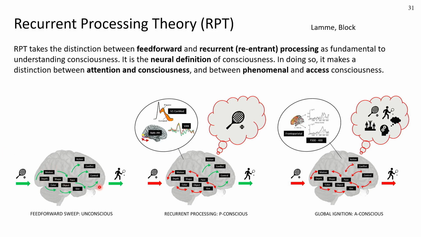if you look at how visual processing works in the brain, you have a so-called feed-forward sweep, where information goes from low-level areas to higher-level areas, even up to frontal regions and what have you. But all this feed-forward activation of the brain is unconscious, and as soon as you get recurrent interactions between, say, visual areas, you get a conscious visual percept, or if it would be auditory areas, you get a conscious auditory percept, etc. And once you get this more widespread activation, including frontal regions, which global workspace theory would call global ignition,